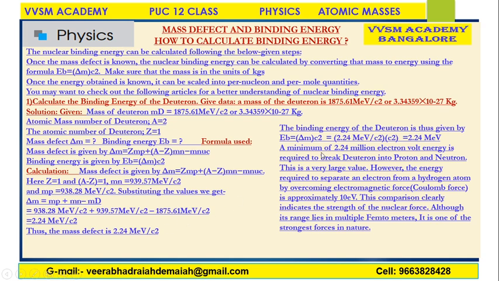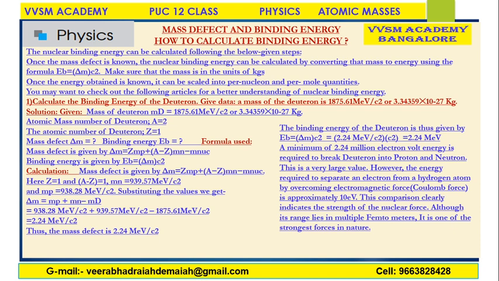Thus, the binding energy of the deuteron is given by Eb is equal to delta m c squared, which is equal to 2.24 MeV per c squared. A minimum of 2.24 million electron volts of energy is required to break a deuteron into a proton and a neutron. This is a very large value. However, the energy required to separate an electron from a hydrogen atom by overcoming the electromagnetic Coulomb force is approximately 10 electron volts. This comparison clearly indicates the strength of the nuclear force,